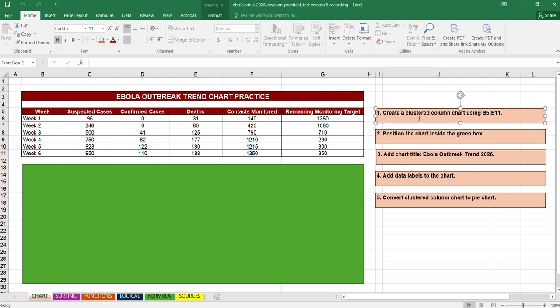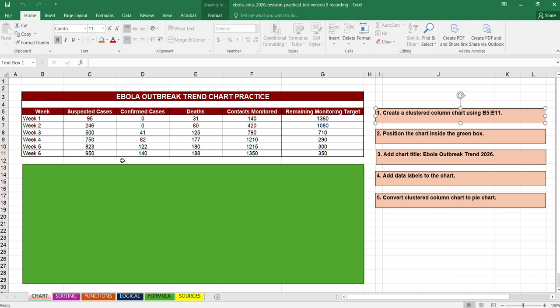Create a clustered column chart using B5 to E11. So in a given table or data, you are going to create a chart. Okay? So what kind of chart? It is a clustered column chart.